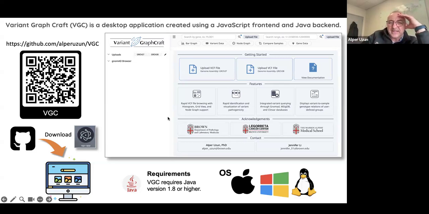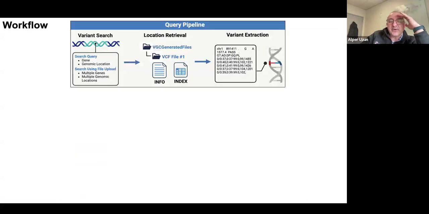So this is the landing page, as I mentioned. What you see here is potential options and uploading your VCF file if you have a build 37 or build 38, and some introduction and documentation backend for the use of VGC. So the workflow, I'm going to tell you as we move through, but this is the